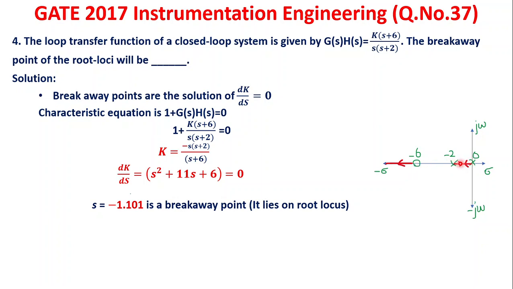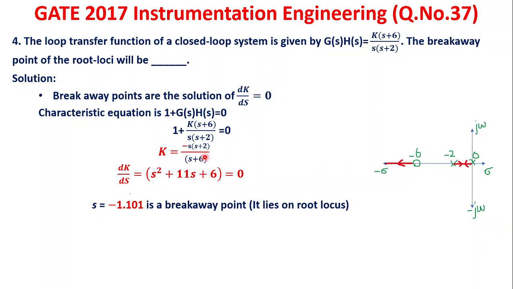This should be a root locus segment because any point on its right-hand side is 1, an odd number. Any point here has 2 on its right-hand side, an even number, so it cannot be root locus. This should be a root locus because for any point there are 1, 2, 3, odd. Therefore it satisfies that particular rule. Therefore the breakaway point should definitely be between these two, 0 and minus 2.